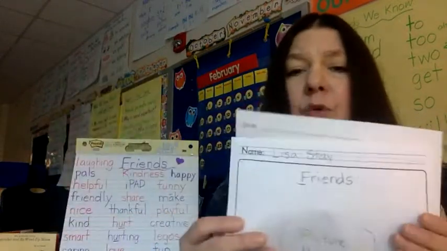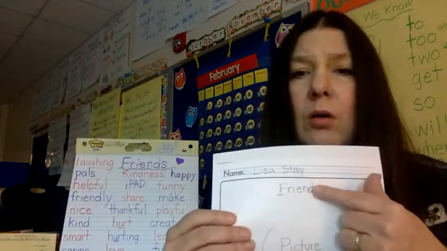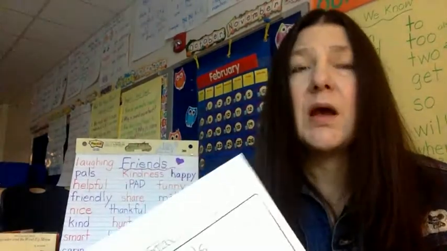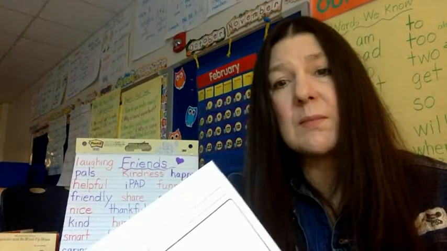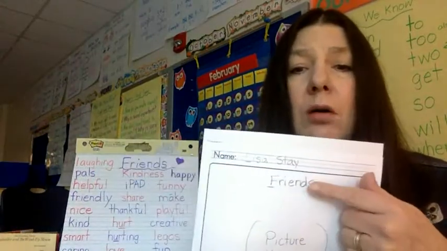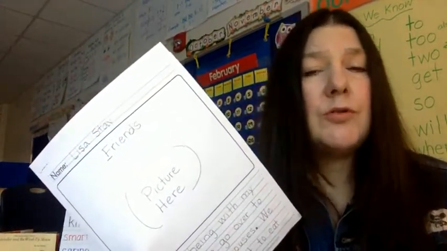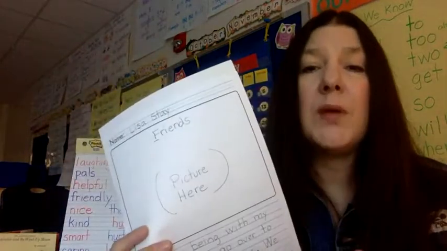Now, my story flowed and it talked all about friends. I didn't list friends. I didn't say, my friend is Susan, John, Mary. I didn't make a long list. I want you to talk about friends. What do you do with your friends? What do you do together? Now, if you want to name one or two friends that you do special things with, that's okay. I just don't want the whole paper to be a list of friends.